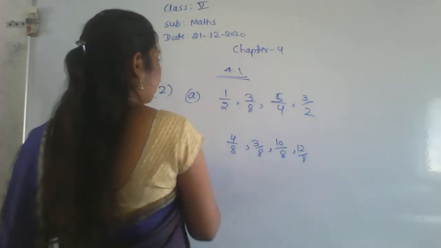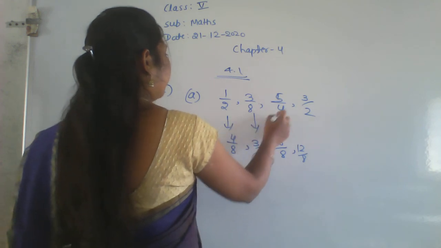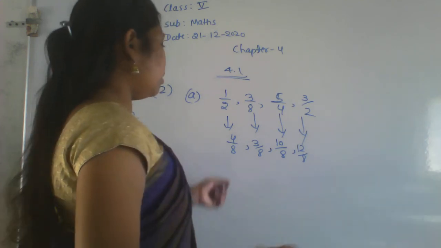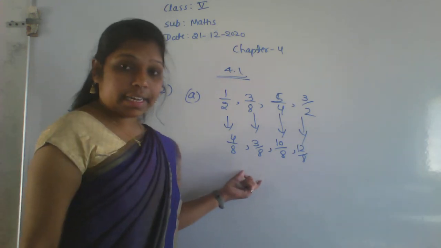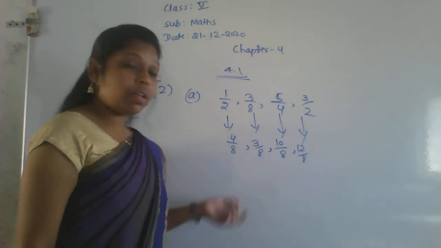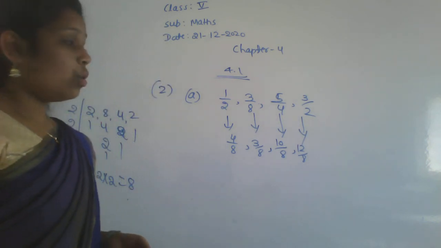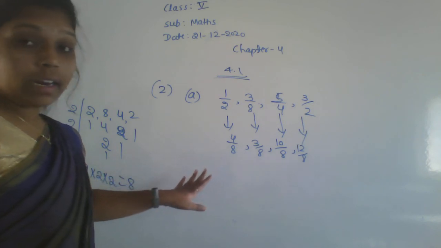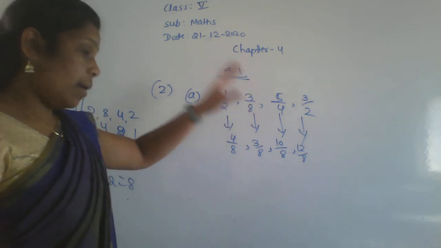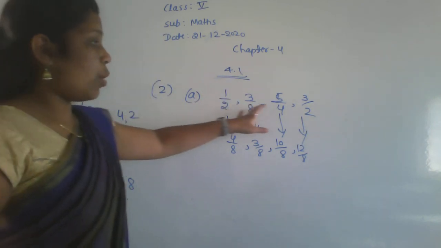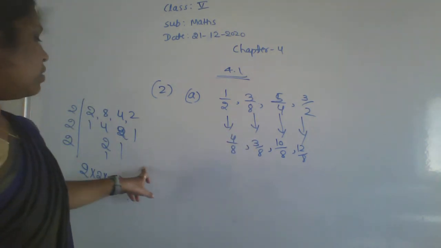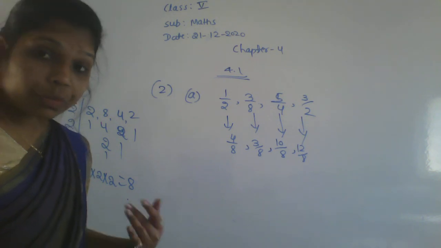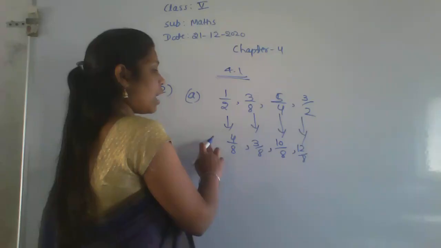So this is the first fraction here, second one, third one, and fourth one. We just made the denominator 8 here by multiplying by some values. Okay, so to know which value should be in the denominator, you have to take the LCM of these denominator values, and we get 8. So this should always be the denominator; like that we have to convert here. Okay, so now compare here.